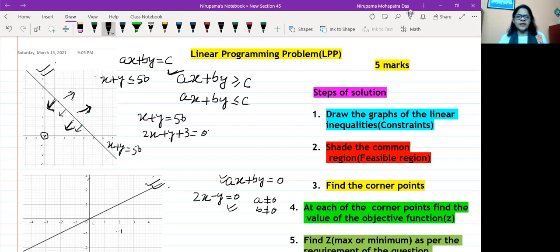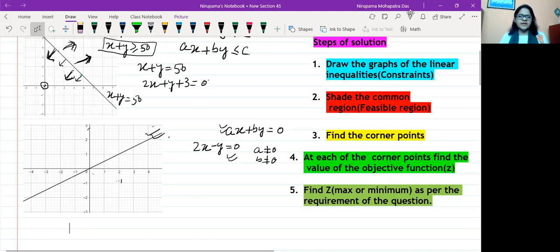On the other hand, if I take x plus y greater than or equal to 50, then again the same line, but again I am checking whether the inequation is satisfying origin or not. So putting x 0, y 0, 0 plus 0, 0 greater than or equal to 50 is not true. It means the solution portion will not contain origin. So in that case, it will be away from origin. Is it clear? And we will take practical questions to see this.